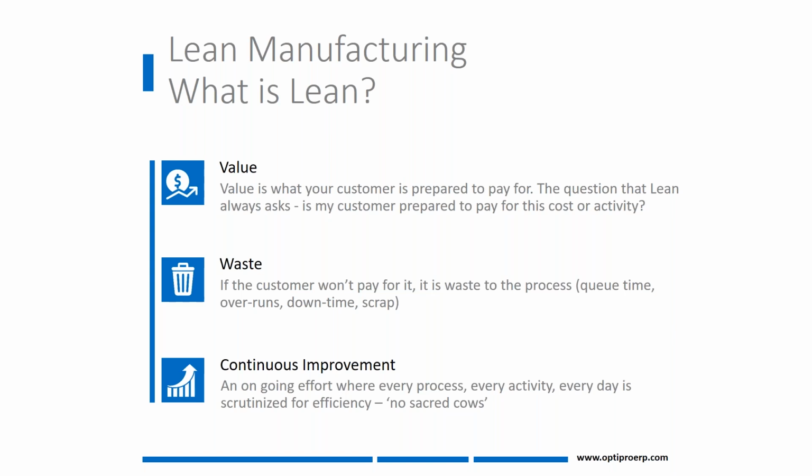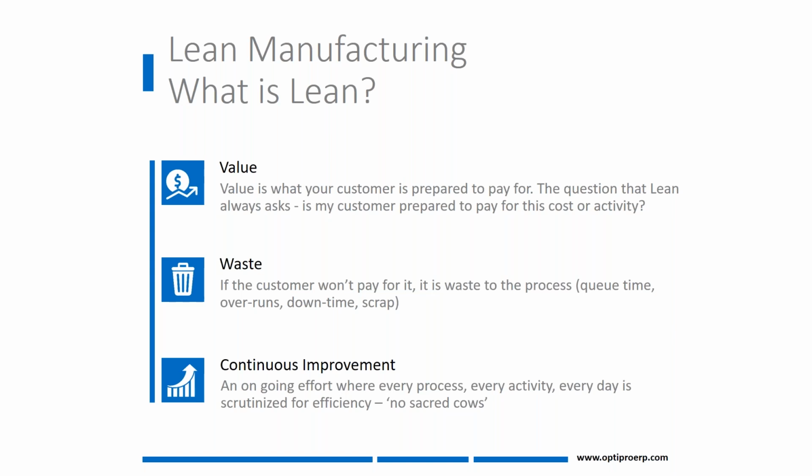So there's a bunch of things that happen in the manufacturing process in delivering a product. Understanding the difference between value and waste is very, very important. Waste is certainly something that a customer doesn't want to pay for. And waste, by definition, includes things like queue time, setup times, production overruns, downtime, scrap, and rework. These are terms we are very familiar with and deal with every day, but clearly something that we have to drive out of our manufacturing processes.